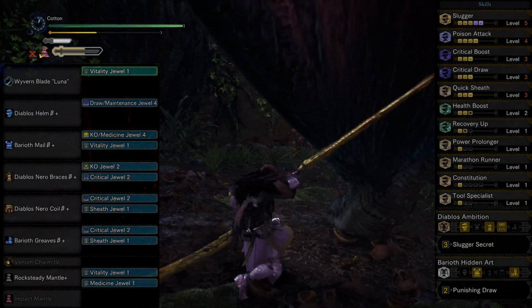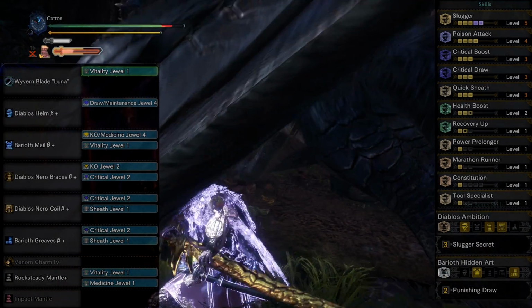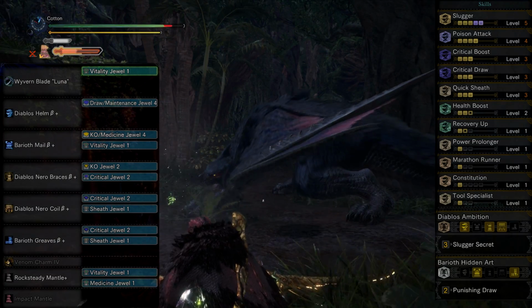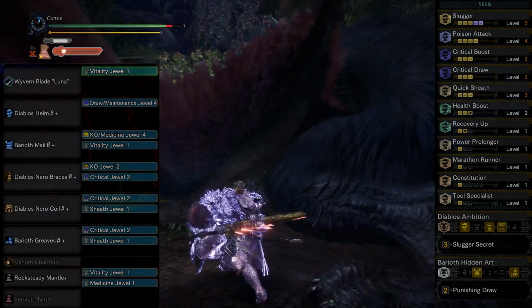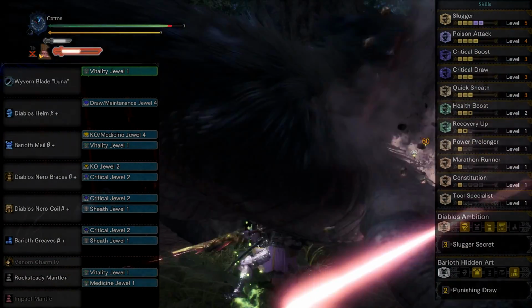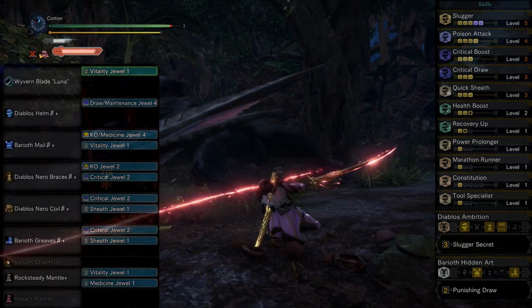So the skills across the entire build are as follows. 5 Slugger for the obvious purpose of increasing the stun damage of our now stunning draw attack, 4 Poison Attack to boost our poison damage, which all comes from the fully upgraded Venom Charm, 3 Critical Boost to make all of our crits deal way more damage, especially as our main attack will have 100% crit thanks to our 3 Critical Draw, which affects just every kind of draw attack, 3 Quick Sheath to make your special sheath stance and act just that touch faster,